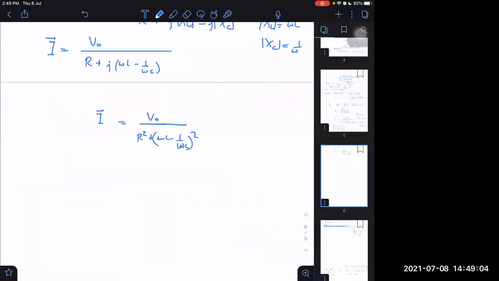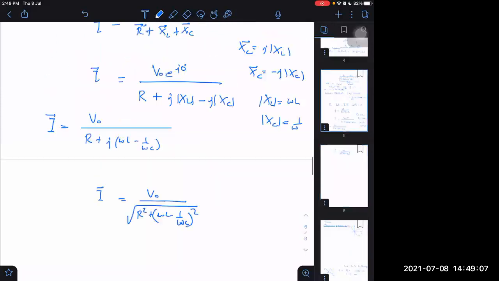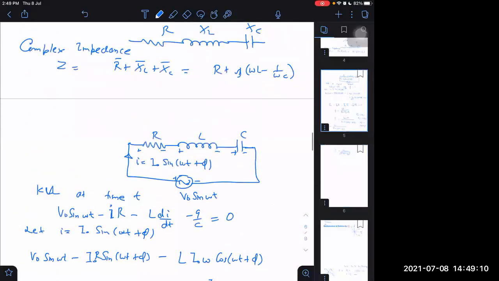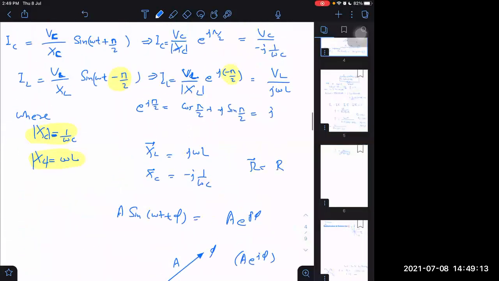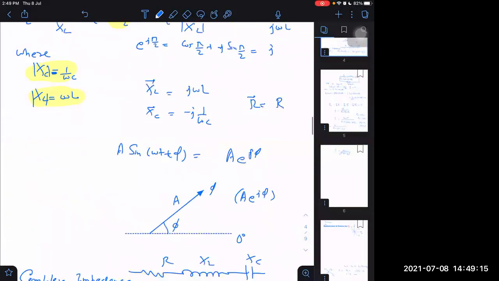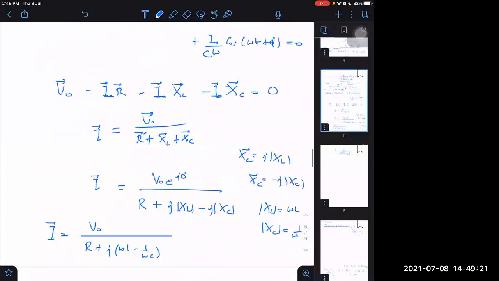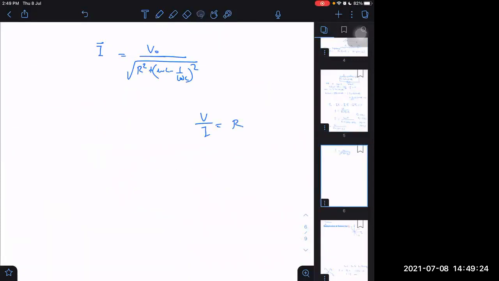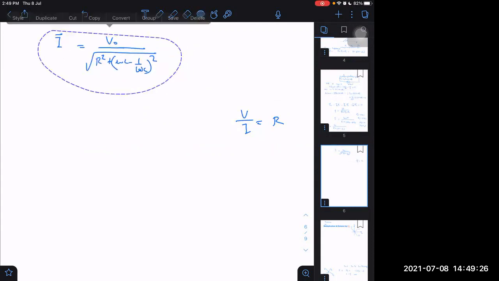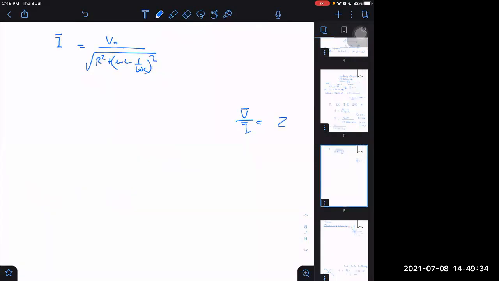What is this called? You understand the concept, but I forgot to name one very important thing here. What is V by I called? Normally, till now, we used to call it resistance. But now we will not call that. We will call V phasor by I phasor not resistance, but we will represent it by complex number Z, and that Z is called complex impedance.